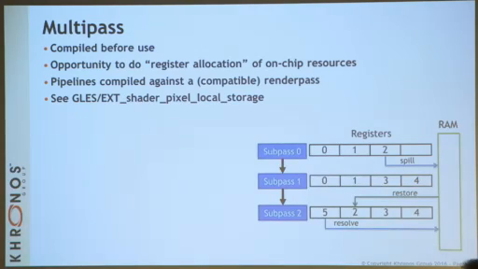So for people who are curious, I'd encourage reading the Pixel Local Storage extension. This was, I think, an ARM extension. Imagination. Oh, sorry, Imagination extension. And it's kind of the lower level version of this functionality. Using it required modifications to the fragment shader, and it only worked on certain hardware, and so it wasn't as widely applicable. And what we have with multipass render passes, it can run,